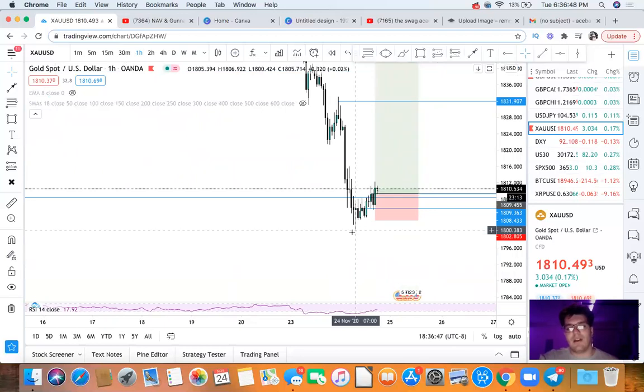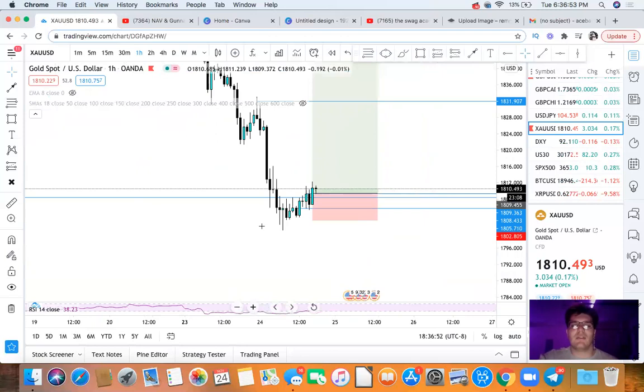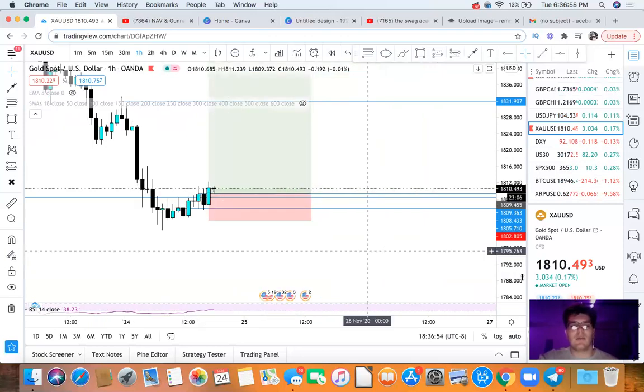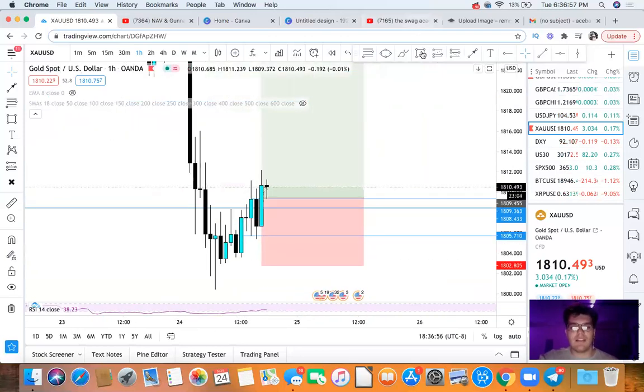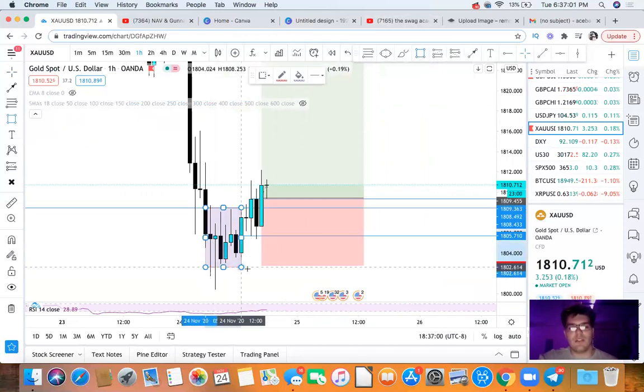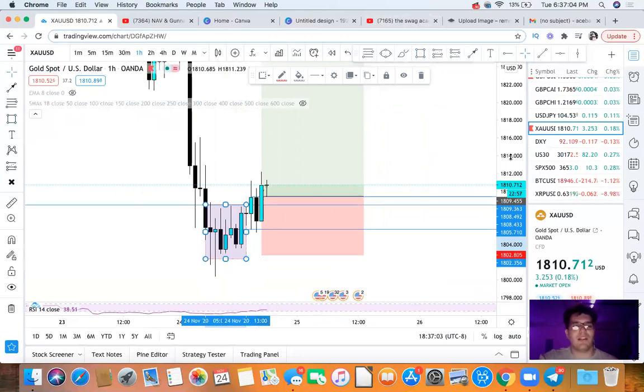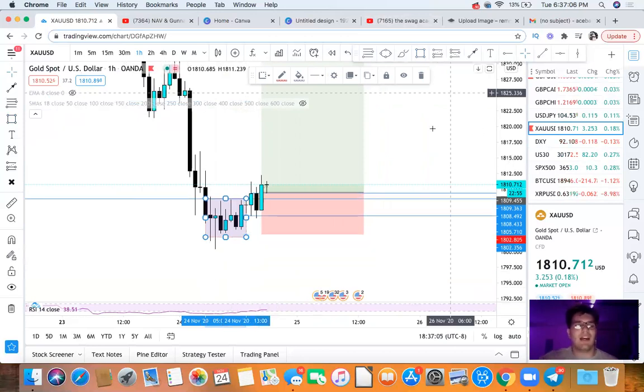This is what we see, that market being rejected to the upside. So now what's confirming me to get in for more buys? The reason why I get in for a buy right here is because we look at the 1 hour. We have this distribution phase right here. Now, what is the distribution phase? The distribution phase is where market's not really doing anything. It's just going sideways, kind of like undecided, nothing going on at the current moment.